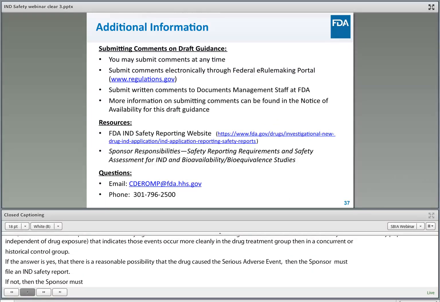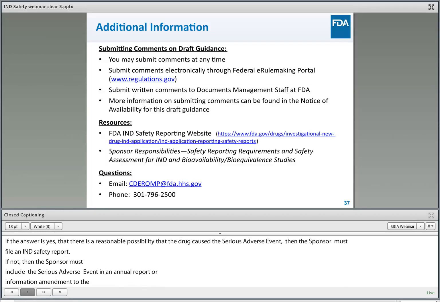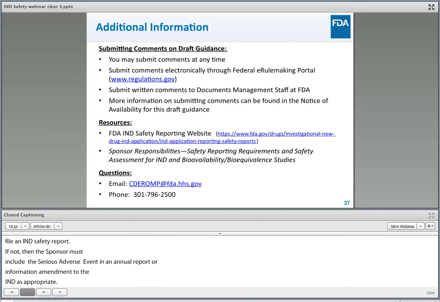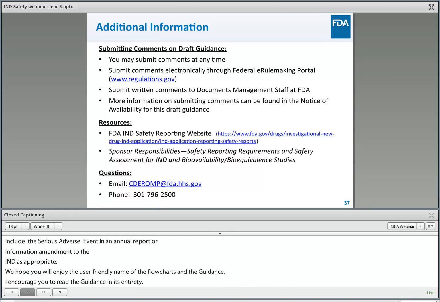We hope that you'll enjoy the user-friendly nature of the flowcharts in the new guidance. I encourage you to read the guidance in its entirety. Although this training covered some of the key concepts of the guidance, this training was not meant to be exhaustive. As I mentioned at the beginning of the presentation, you may submit comments on the draft guidance. The comments may be submitted electronically through the Federal e-rulemaking portal, which can be found at